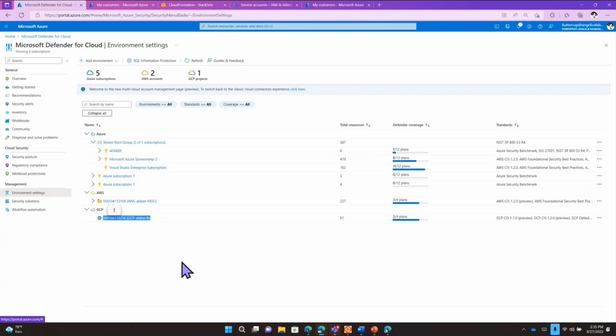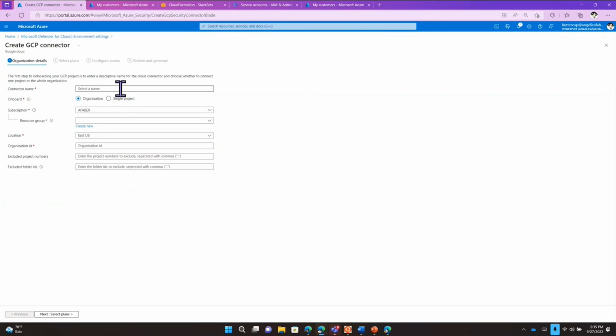And the same thing, I'm actually going to show you the only difference is, again, pretty much the same. Actually, they added this recently. It used to be you could only do single project, but now you can do organization and also exclude folders as well. But the only difference is,